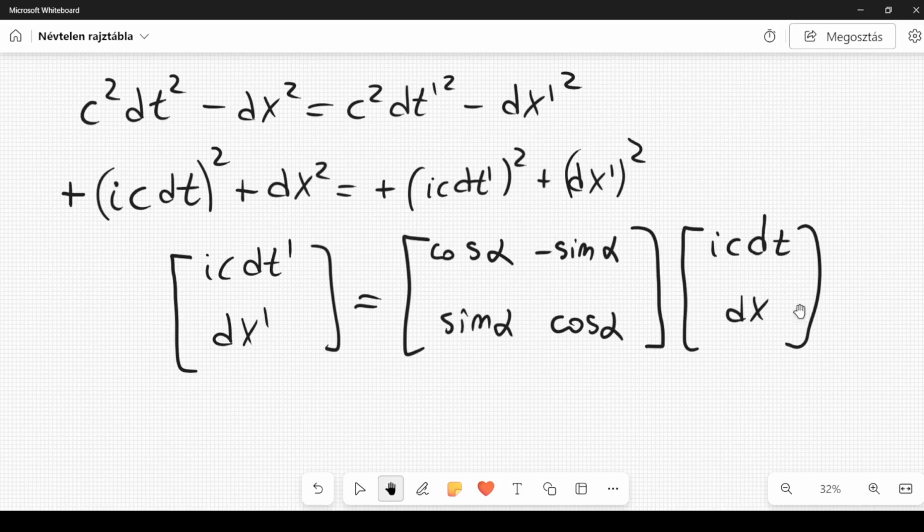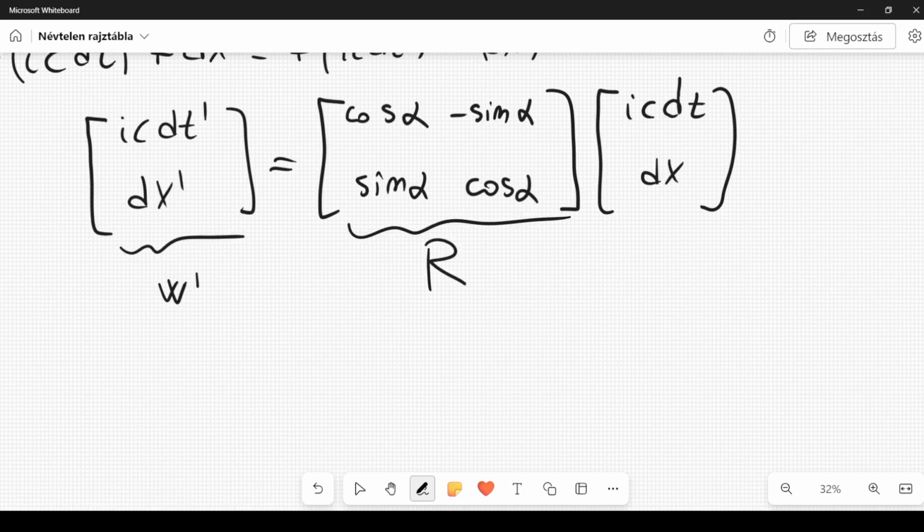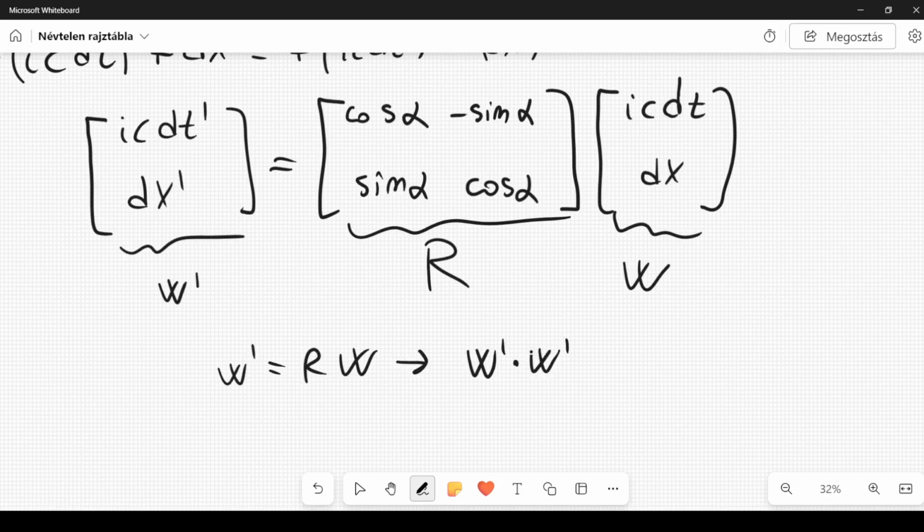It's a simple property of rotation matrices, basically. So if you have a vector, let's call this vector W prime, and we call this a matrix R, this would be W. W prime is equal to RW, and then here if you take the dot product between W prime with itself,